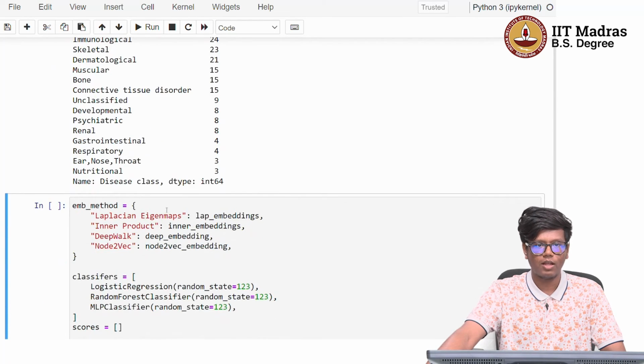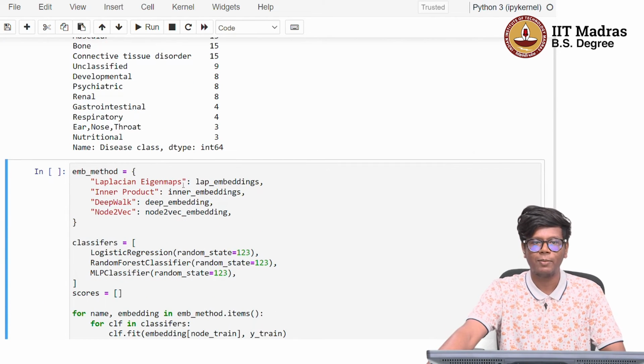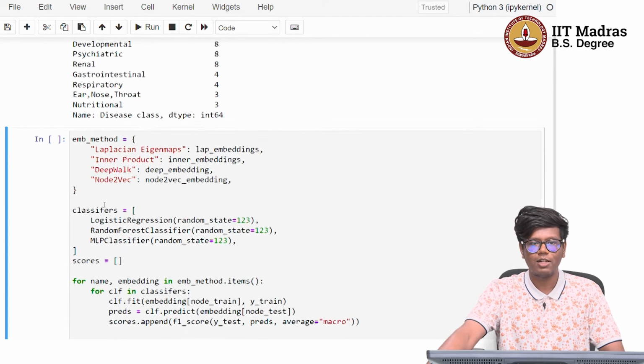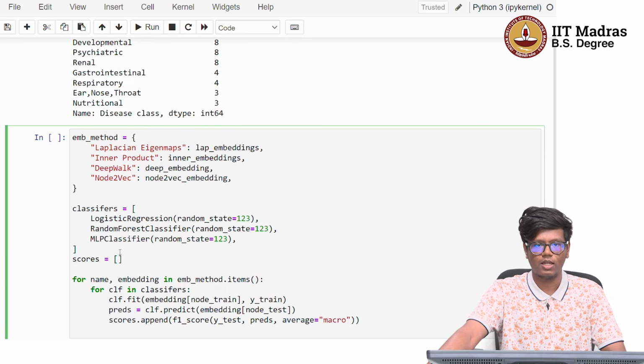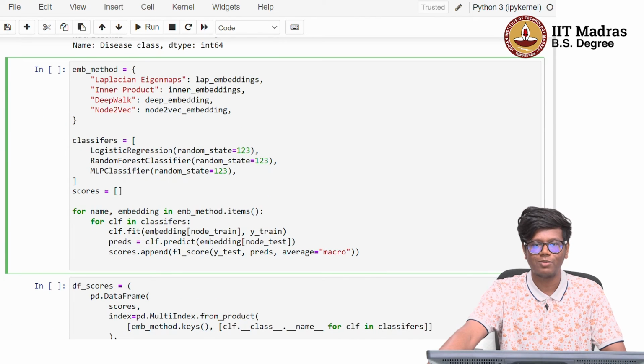So I have the embeddings from all the 4 methods. I'll be storing them in a dictionary, and I'll be using 3 different classifiers: one is logistic regression, the random forest classifier, and another is a neural network. I'll be fitting the model for each of the embedding methods, doing the prediction and calculating something called the